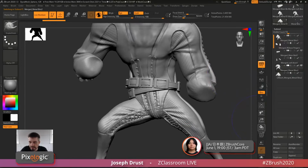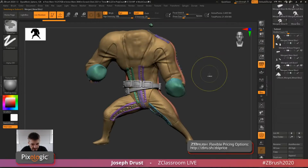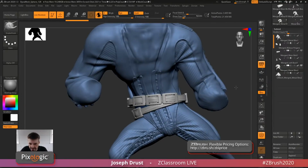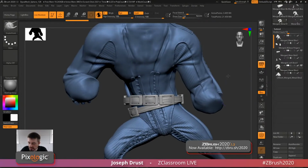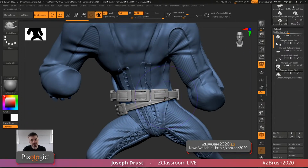and I'm going to first apply a polygroup to everything. This still has the polygroup coloring from the merge geometry, so I'm just going to hit Control W and give everything a new polygroup. Then I'm going to rotate this so the belt is lying pretty horizontal. This is another thing I like to do when I model stuff for 3D print: using these cylindrical objects to make belts or different structures, and also making them wide enough that you have room for error. And so what I want to do now is break this leg from the